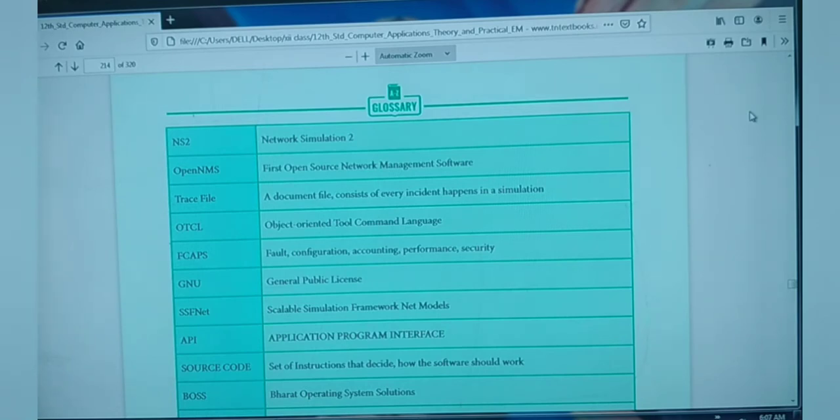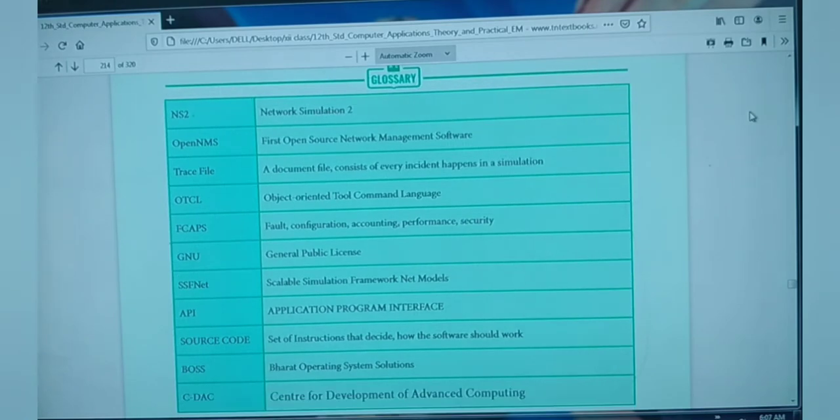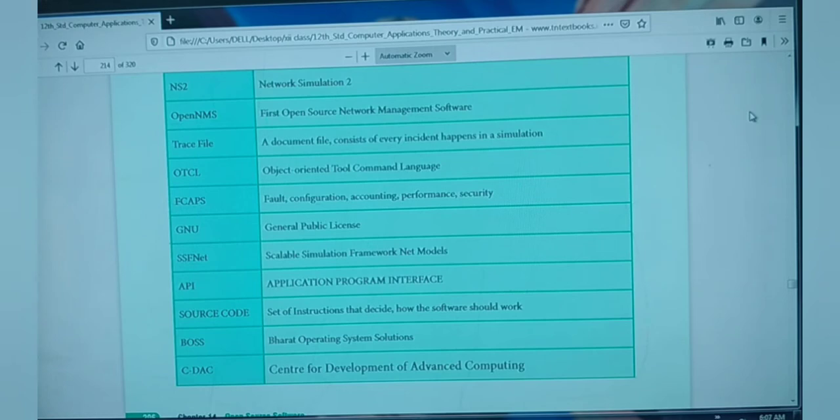And the next, SSFNET, Scalable Simulation Framework Network Models. API is Application Program Interface. Source code: a set of instructions that decides how the software should work. The expansion for BOSS is Bharat Operating System Solutions. Then CDAC is Centre for Development of Advanced Computing.